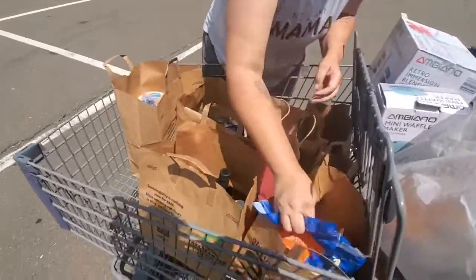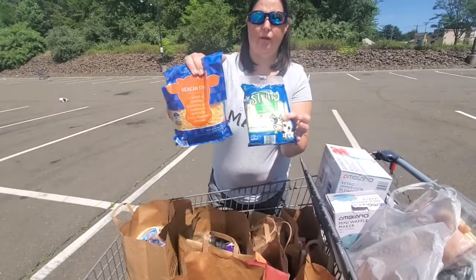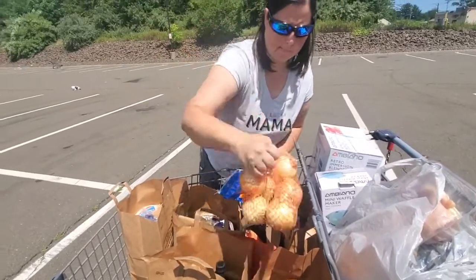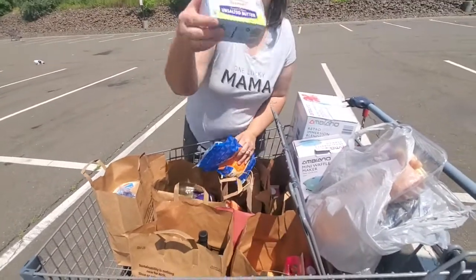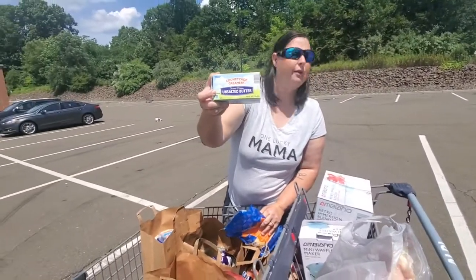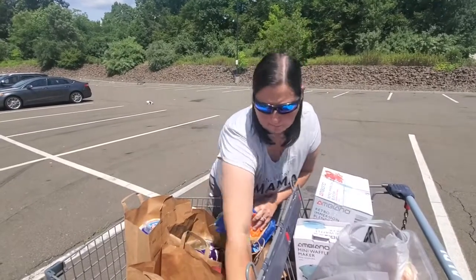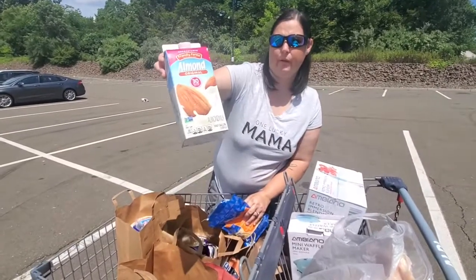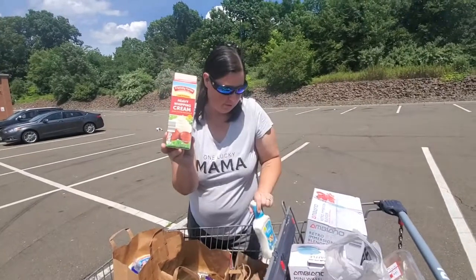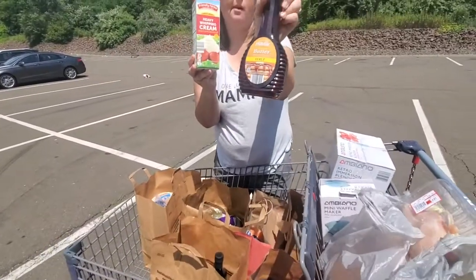We're almost done. We got some string cheese and some regular Mexican cheese. Thing of yellow onions. This is also important for our keto chow because you're supposed to put fat in there, so you can either put the oil, cream, like heavy cream, or butter. So that's for that. We got some unsweetened almond milk, some heavy whipping cream. Oh, we did get another ranch. We have the other spaghetti sauce in there. Got some syrup,